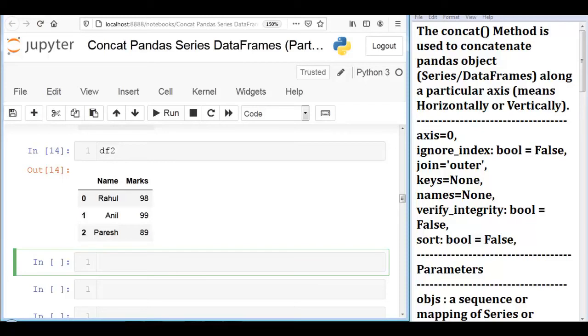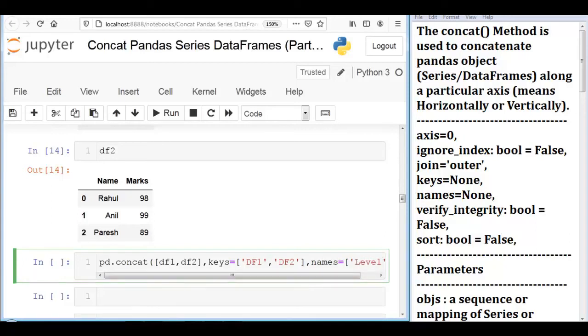Now let me show you this practically. So pd.concat, our data frame 1, data frame 2, then keys equal to df1 and df2. Names equal to, let me pass label1.